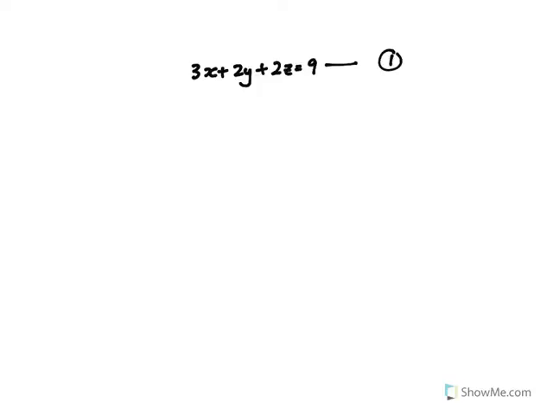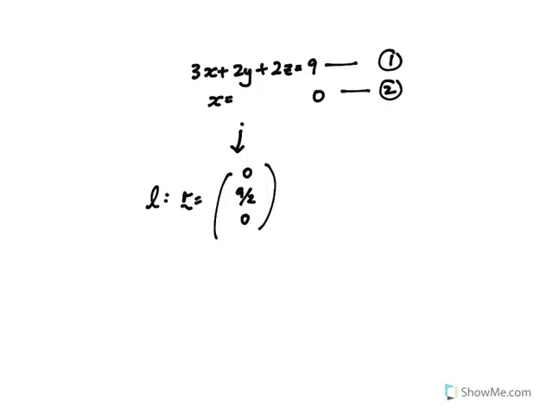This is the first equation. Second one is just x equals 0, right? This is plane 2. Alright, so all you need to do is just solve using GC. And very quickly, I'm sure you're able to get an answer. So your line of intersection is just (0, 9/2, 0) plus alpha (0, -1,